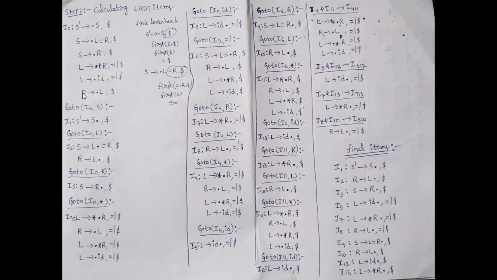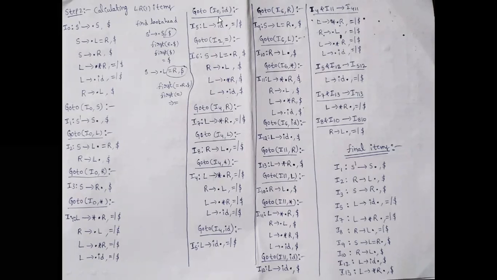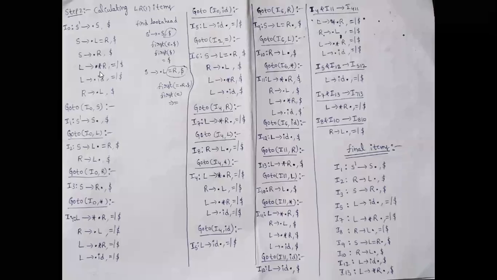Then we are applying goto of I naught comma star. Then we are applying goto of I naught comma ID. So we are applying goto, the dot is moving one position to the right. The production becomes L produces ID dot, and we have the look ahead equal to dollar. We are writing it as it is, no need to change the look ahead. So after the dot,